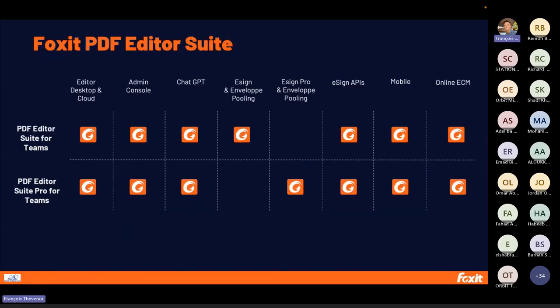Then we also offer a subscription, which is Foxit PDF Editor Suite. And in this subscription, we gather all the products of Foxit, meaning that we